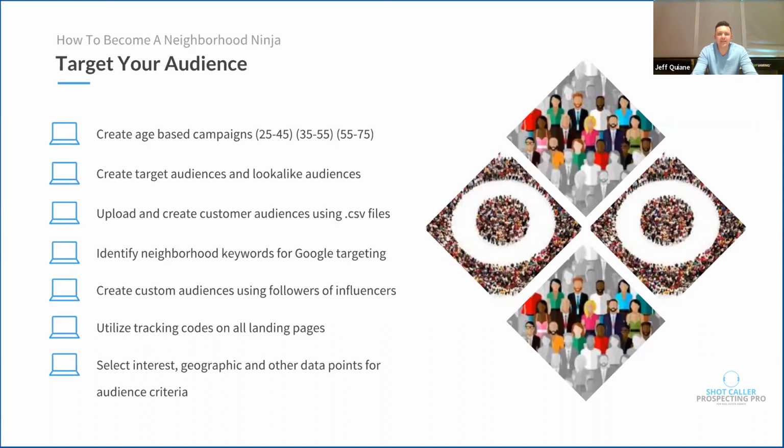Next, identify the neighborhood keywords for Google targeting. So put yourself in the position of somebody who lives in that neighborhood or who's wanting to move into that neighborhood, and think about what it is that they're looking at online and searching. What would they be searching? Your customer. You have your persona if you followed some of the things that we've talked about in the past. So you have your persona in hand. What's that person typing online? And identify what those keywords are so that you can start to target the people there in that neighborhood.